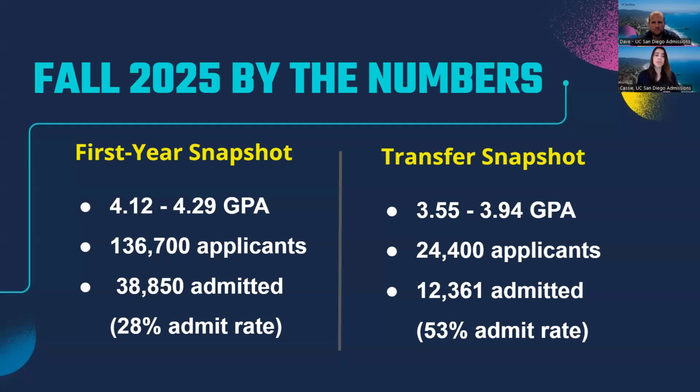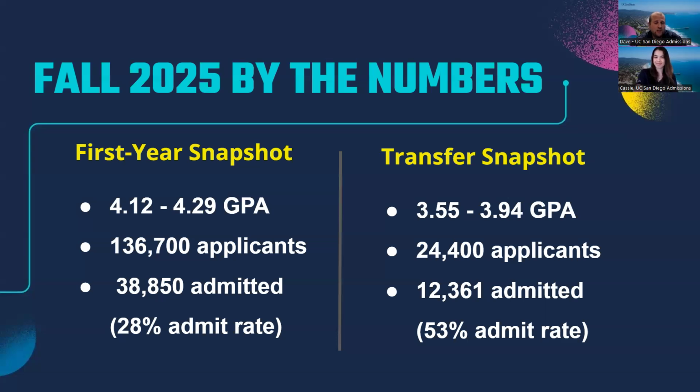And just because you are within that GPA range, that doesn't mean that you're a guaranteed admission to UC San Diego. GPA is just one factor out of many that we consider with your first year application. The same goes with our transfers as well. We receive fewer applications overall from our transfers, and our admit rate is higher, but GPA isn't everything. We consider a lot of different factors. So when you're looking at these numbers, use this just as a baseline of how you think you might fit in with our applicant pool, but it does change every single year depending on who is applying.